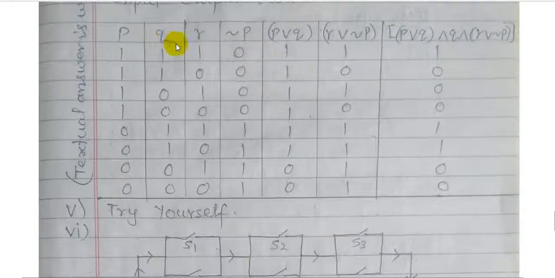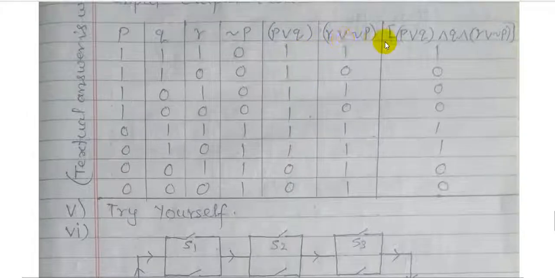Then P or R, in between them using OR. You should learn this: only the last two elements are 0, otherwise six are 1, 1 1 1 1 1 1. P or R means if anyone is true, here 4 times 1, so this should be 4 times 1. Here 2 times 1, so 2 times 1 again means six times 1 and 2 times 0, because they are 0 0 and they are also 0. So if at least one is 1, then it is 1.